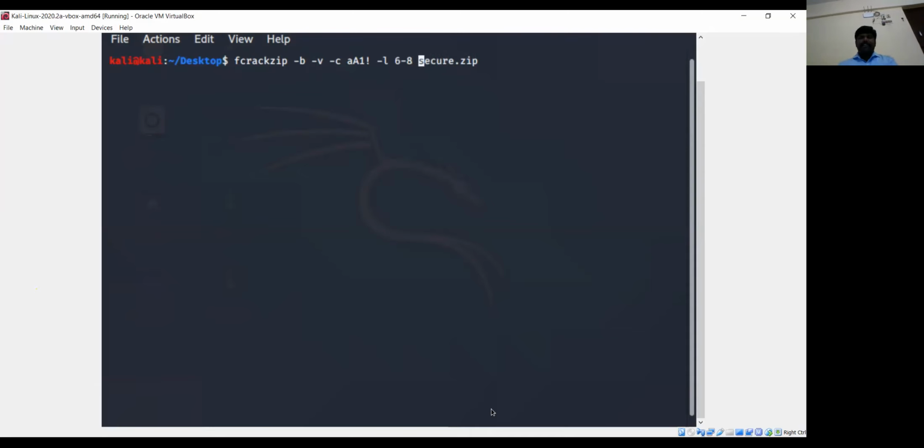Minus l is for the length of the password. If I know the length of the password, I can redefine the command: fcrackzip minus b minus c and small a, capital A, 1, exclamation, minus l 6 minus 8 and secure.zip. Out of this, secure.zip is the file name.